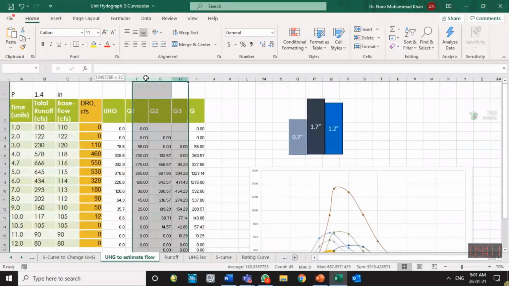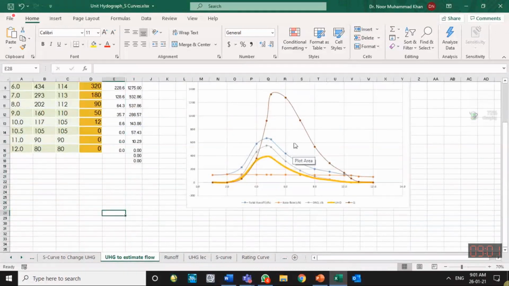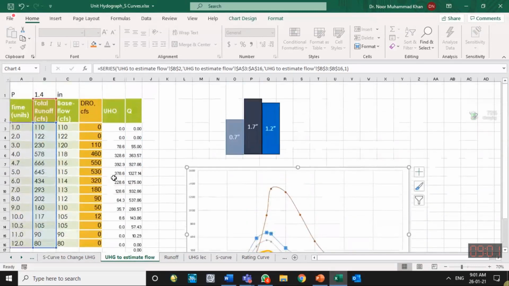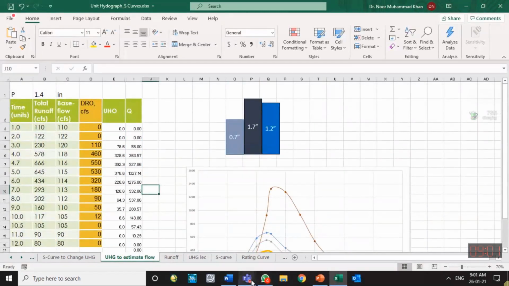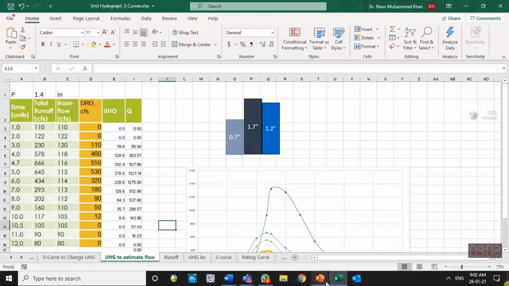Individual pulses will generate these individual storms. If I hide them, you can see the simple thing. This is the total direct runoff, and here is the unit hydrograph. This is the base flow. This is the DRO for 1.4 inch. This is the hydrograph observed over there for 1.4 inch effective rainfall. So hopefully you are able to do it. You have done it in lab. Please do it in Excel or by hand at home and submit it in the lab. These two questions, after solution.